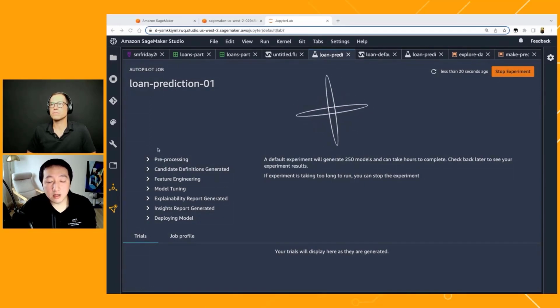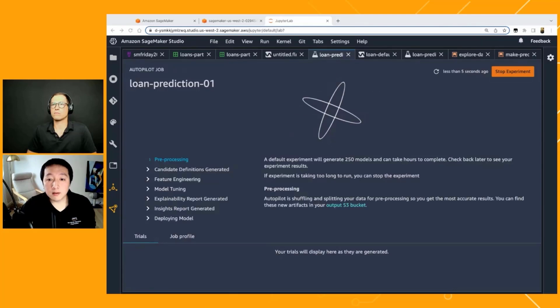These are all the steps that Autopilot is going to run through, and it's going to take some time, but it will automatically figure out the patterns within the data, come up with a recipe customized for the data sets and your chosen target variable, start crunching the numbers, train the model and tune the models, and then understand how the models are making inference, and provide feature importance and also a performance summary, such as a confusion matrix and so on, before you deploy the model.